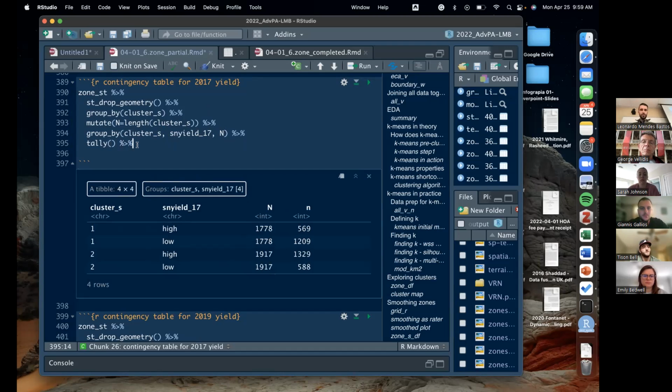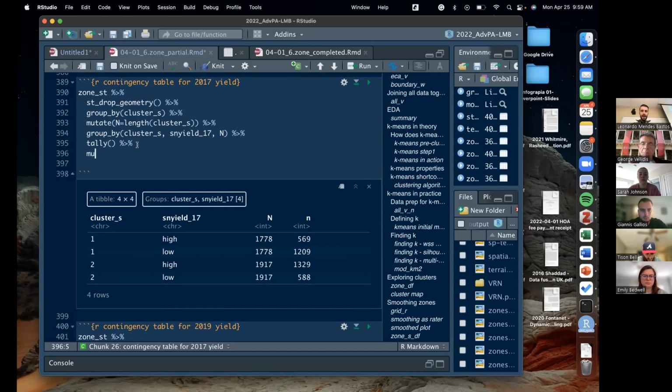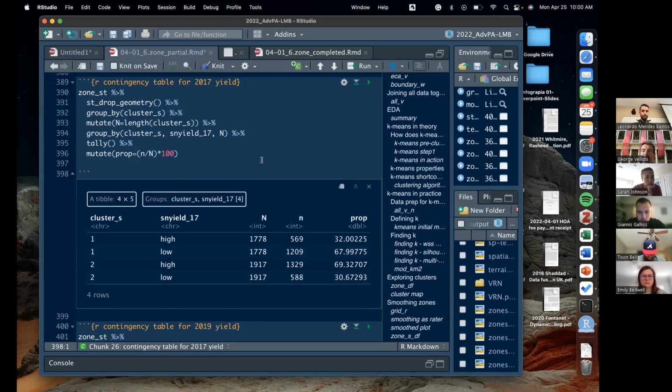Okay, so let's just quickly do that here. We had a pipe, we're going to do a mutate. I want to call this prop for proportion. So we're going to say the prop is, if you want to go ahead and open and close parentheses, I want to do lowercase n divided by uppercase n and multiply this by 100. Oops, not 200. And if we run this, we get the